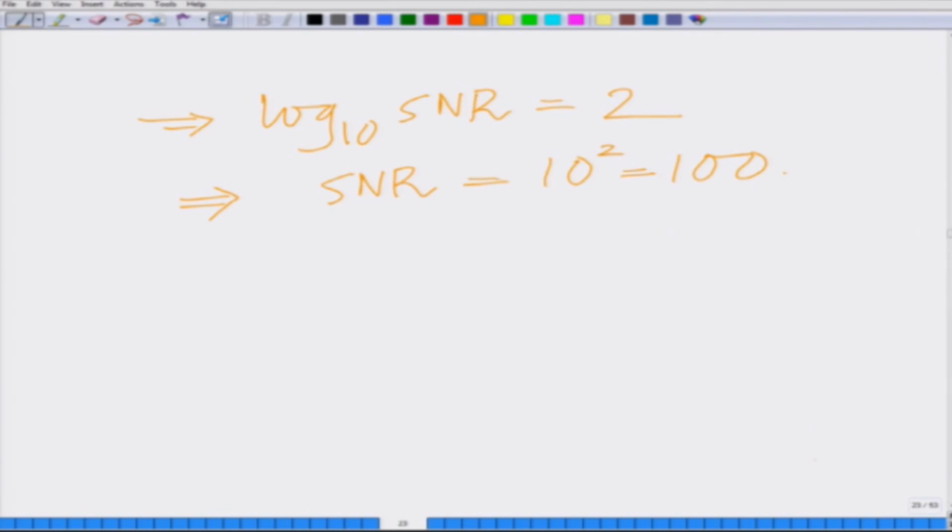So the 20 dB SNR, as we have already seen many times previously, means the actual SNR value is 100. And now our expression for approximate bit error rate